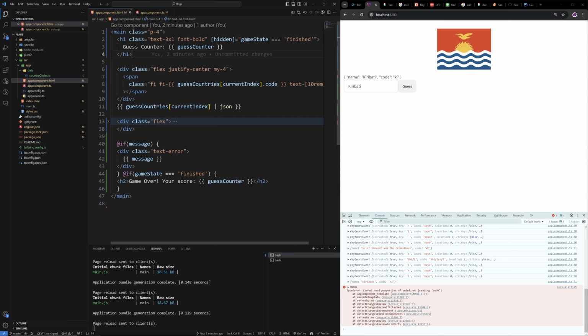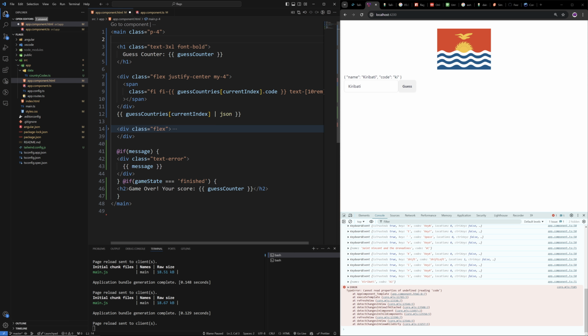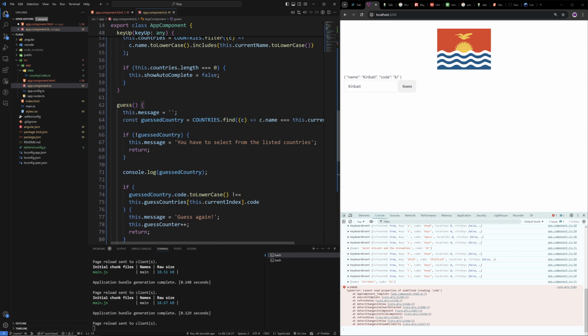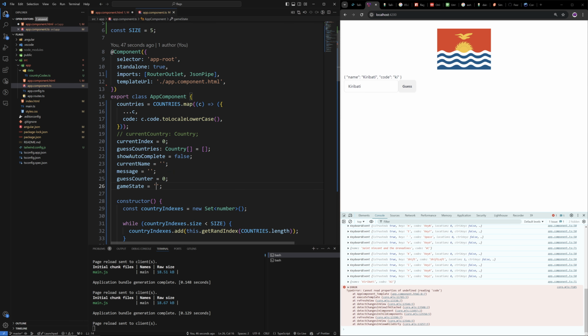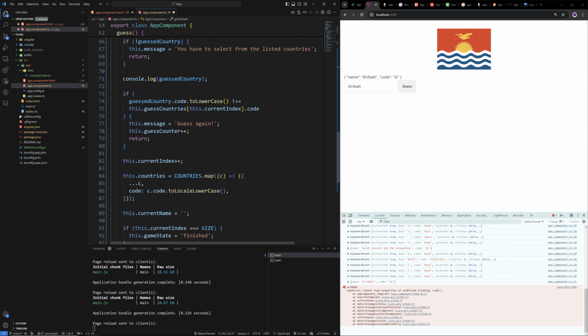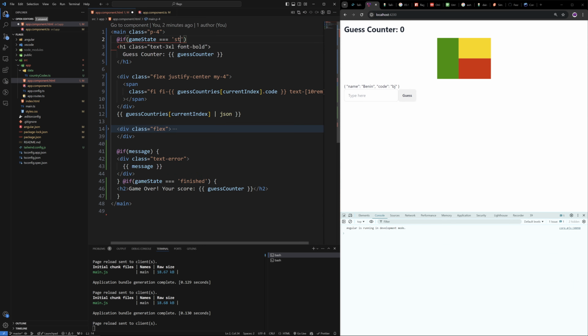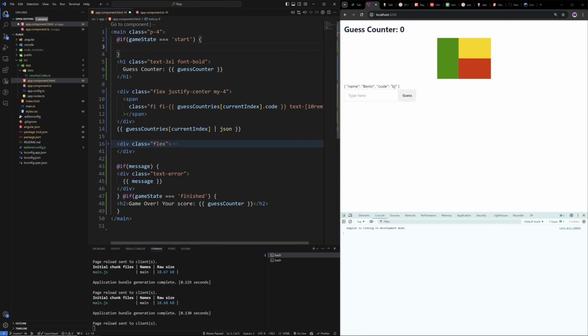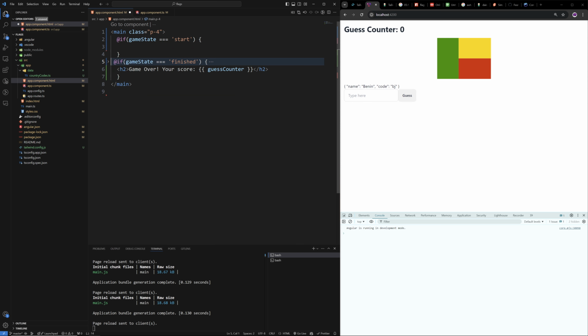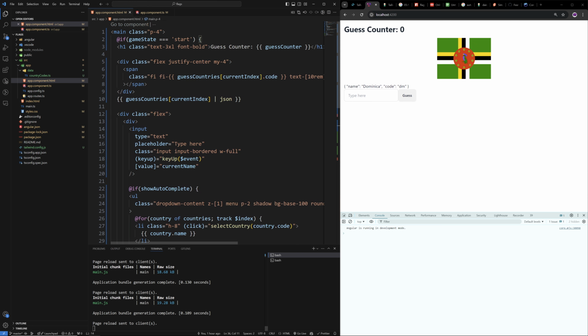So I think maybe I should just do this instead. If game state is, let's just do start in here. Start. So this should be like ideally a switch statement, right? So